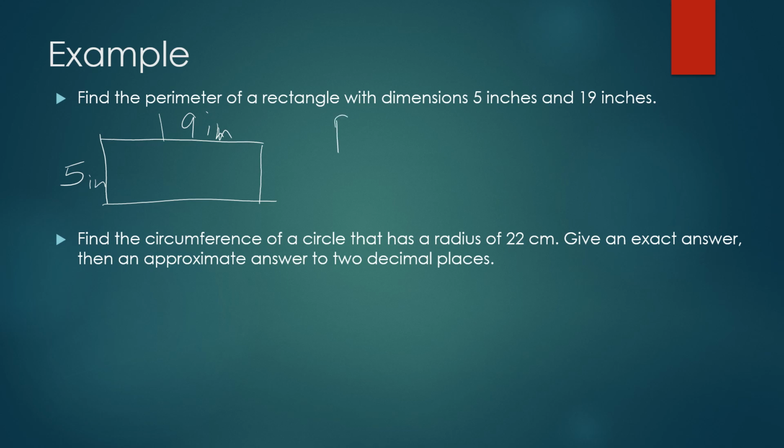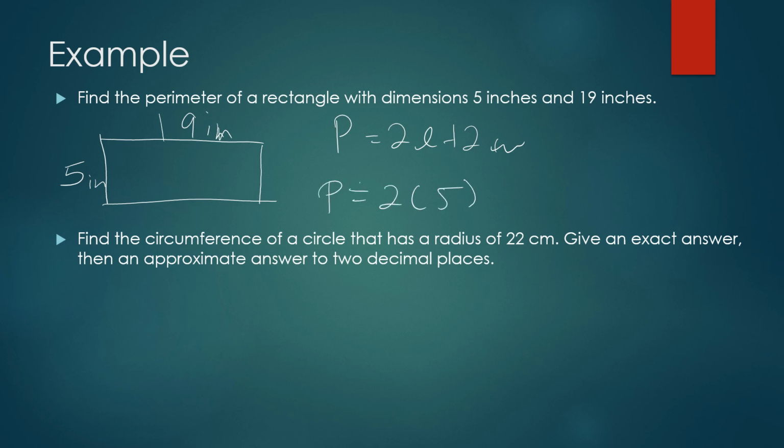We have the formula of P equals 2L plus 2W. We need to determine which one we want to have as L and which one we have to have W. Honestly, when it comes to just calculating the perimeter, it does not matter which is your L and which is your W. So here, I'm just going to plug in